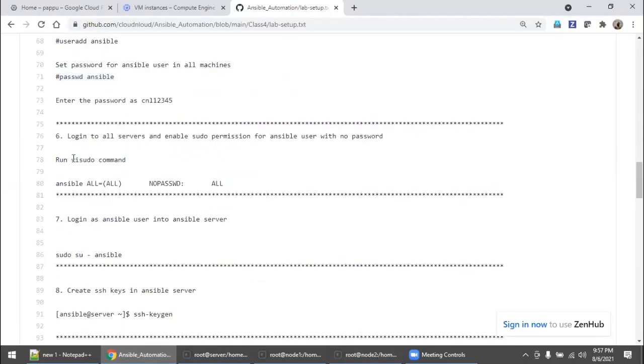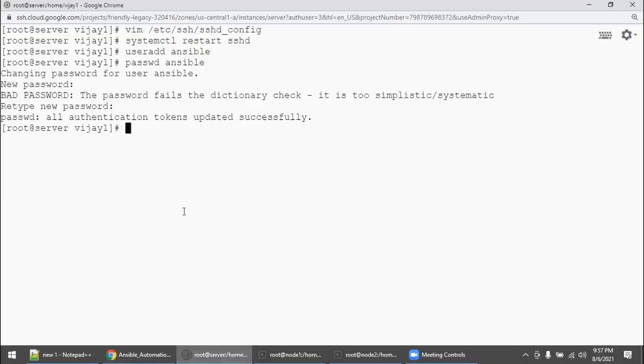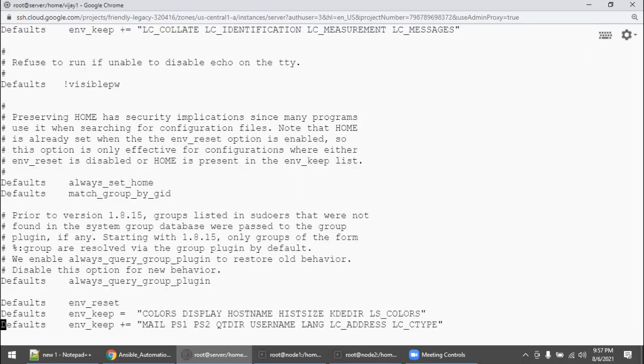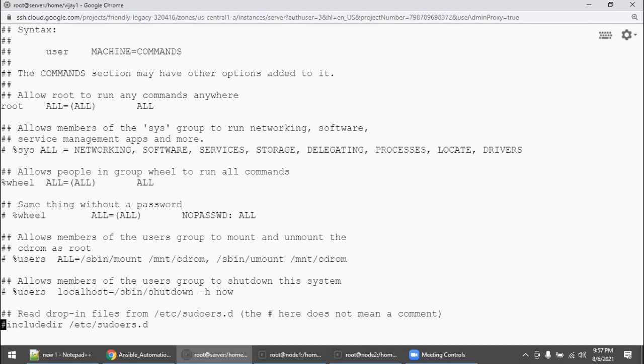So we need to configure sudo. Why? Because while executing any playbook, in the backend there is no one to type any passwords. You are authorizing who is going to be the owner for Ansible, so you are declaring the user ID with the necessary privileges. So here, so you don't get confused, just follow the above line.